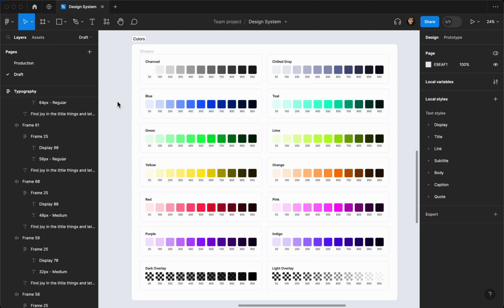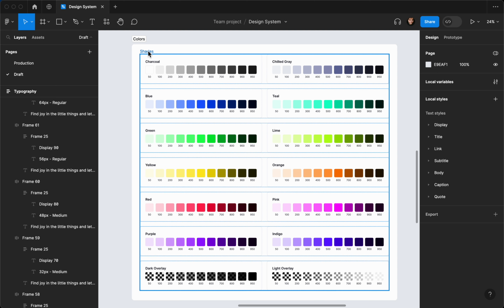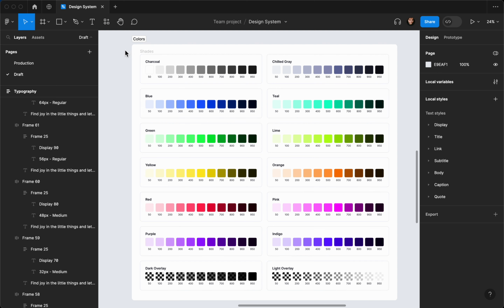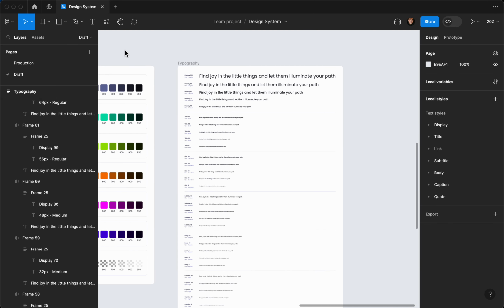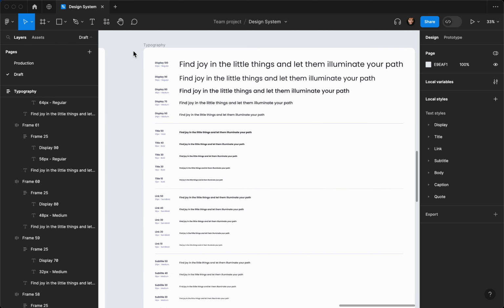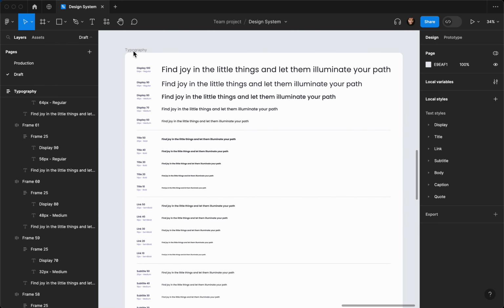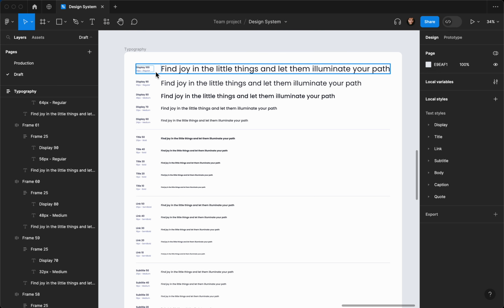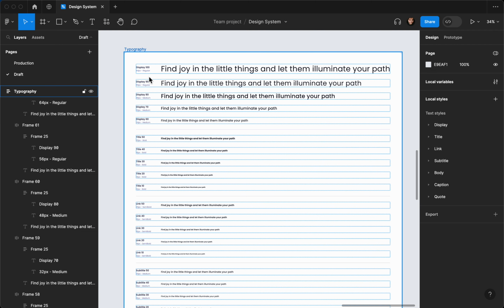So in the last video, we learned how we can create different shades of our colors in the design system using Figma variables, which was just introduced a couple of weeks ago, and which makes design system creation super efficient. And in this video, I'm going to show you how you can add the text styles, actually the typography, to your design system so you can use it all over your product without worrying about editing some of the styles. I've seen there are many ways to do this, but the way I do it is basically